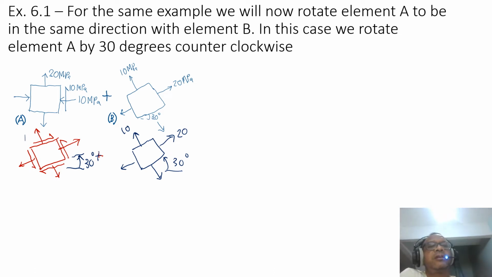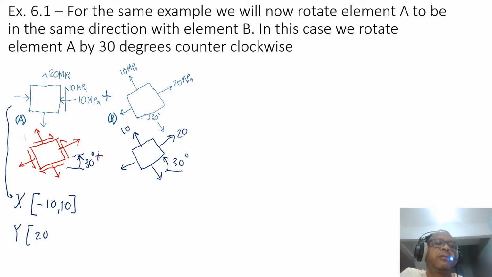If you look here, I can find the x coordinate for this. The coordinate for the x face is minus 10, which is compression here. This is 10 megapascal compression, and this is positive 10 megapascal in the shear direction. So 10, 10. And then we've got the y face, which is 20 tension and negative 10. So if I draw the Mohr circle here,